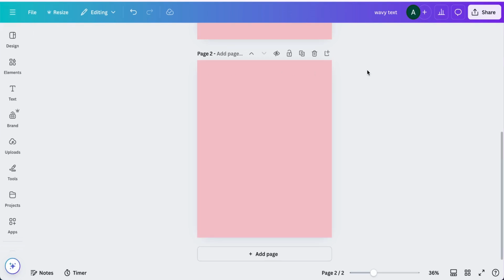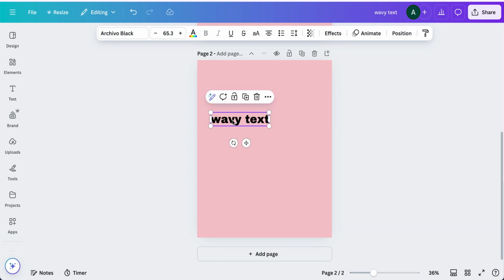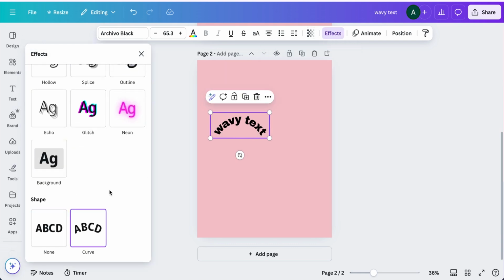First thing you're gonna do is open up your design. You're gonna add a text block, and this is, I'm just typing in wavy text here. Then I'm gonna move it to the side. I'm going to go over to the effects tab, and then I'm going to choose curve text, and I'm going